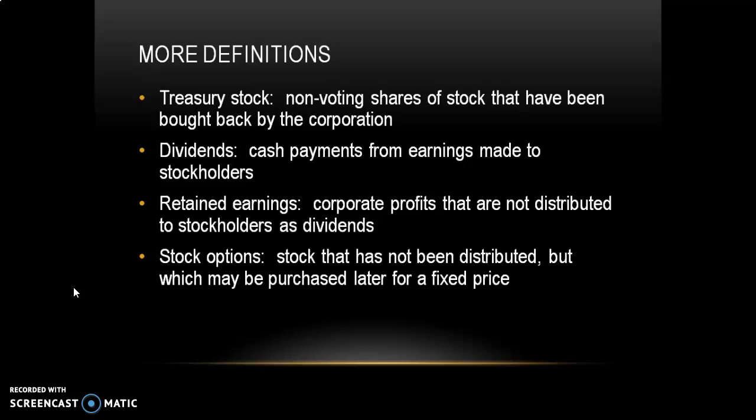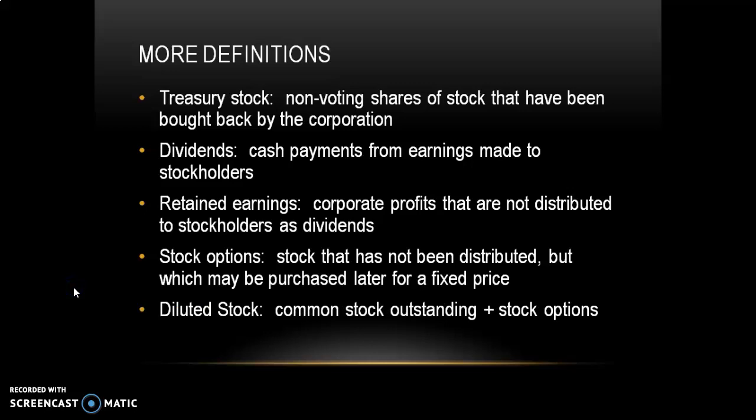Now, typically, stock options have a fixed period of time in which you can exercise them. You can't hold a stock option for 25 or 30 years, but maybe the stock option would be exercisable within a 1-year period or within a 6-month period, something like that. So you hope that the stock will go up in price and allow you to sell it then at the higher price. So that's stock options.